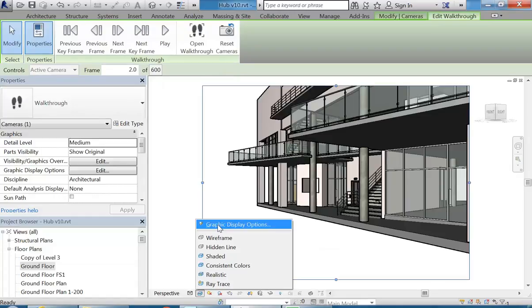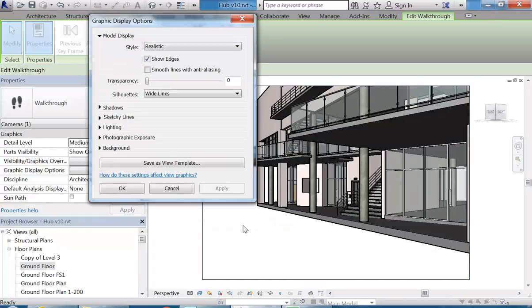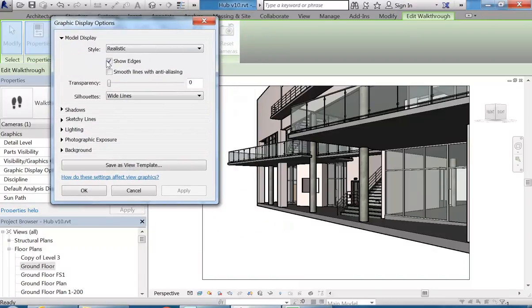And once you realise this, you might be able to do lots of things. I think with plans and sections, this can be really effective, but also perspectives. But because you don't render plans and sections, you generally will just set a different graphics mode here. It's really relevant to those. So if you go to graphic display options, which you get by just clicking on the cube there, which you use to select wireframe and hidden line and all those other different displays, go to graphic display options, and then